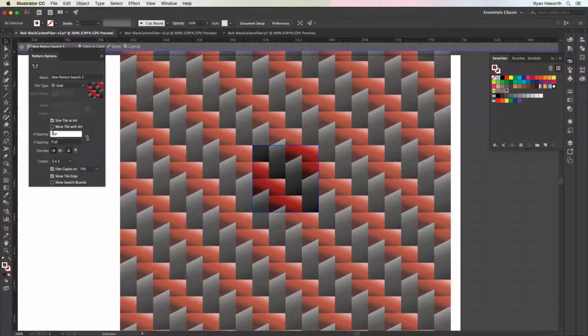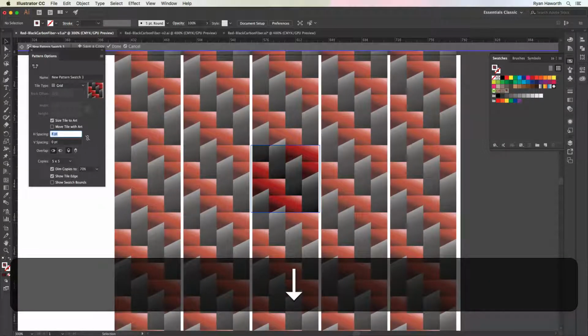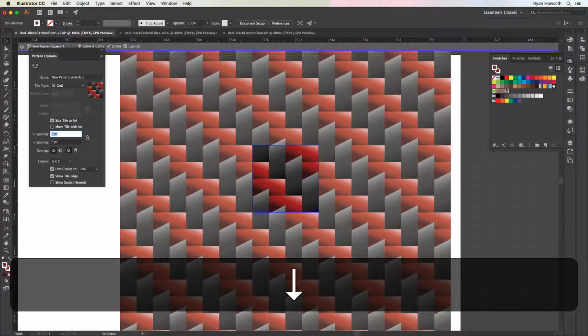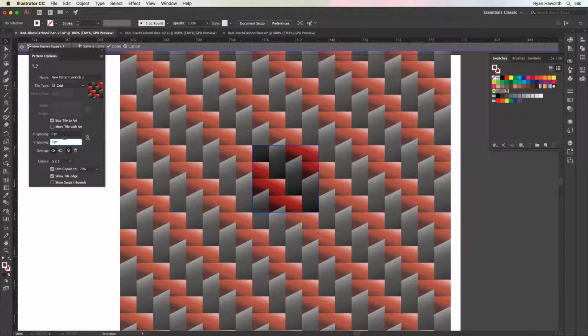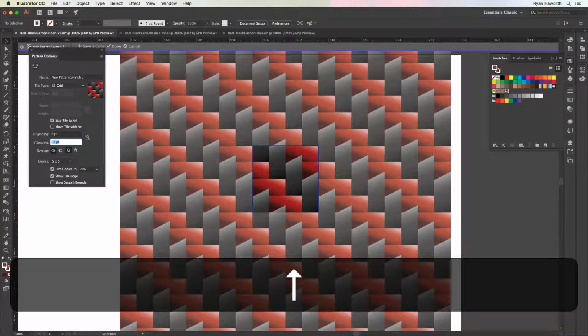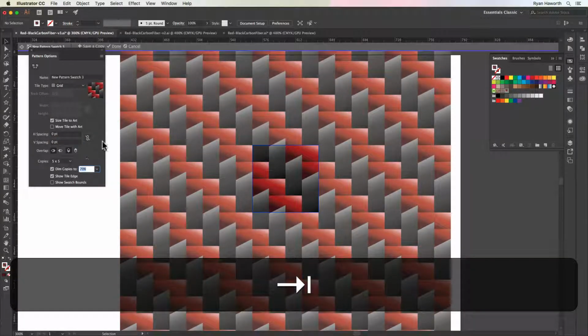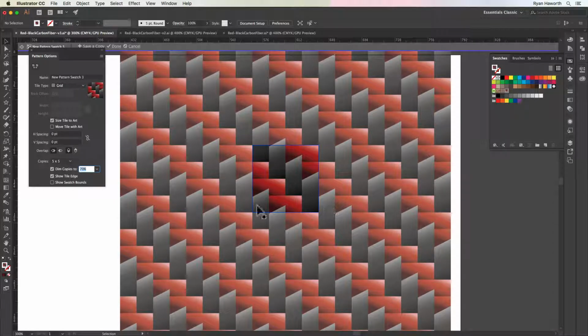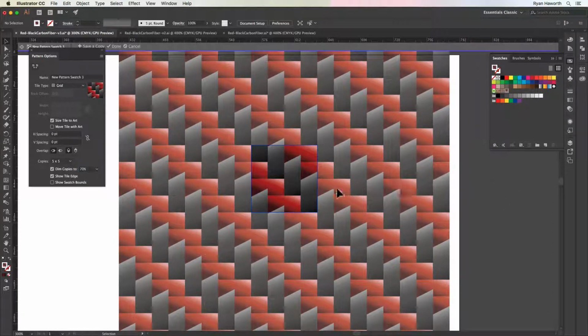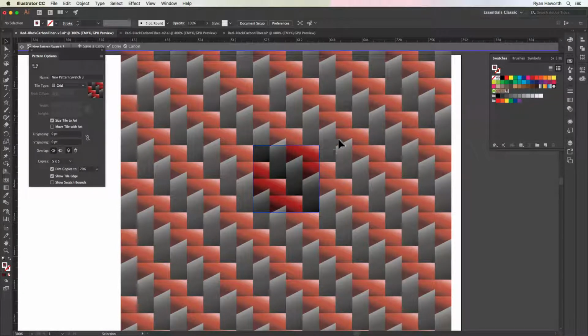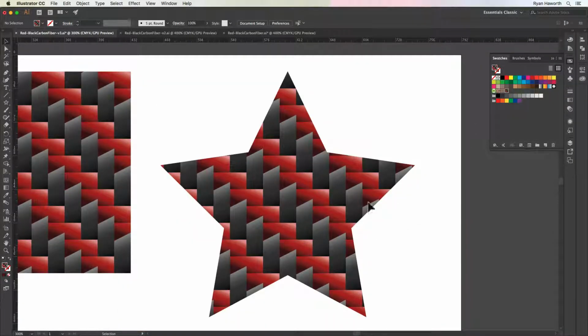Or we could add some white space by tapping on these H space and V space things. Boom, boom, boom, boom, boom, boom. We don't want those. So set those back to 0. All right. Well, let's take a look at it. Are there any problems with this tile at all? I don't see any. I don't see any at all. So we'll hit done. And now we'll take a look,